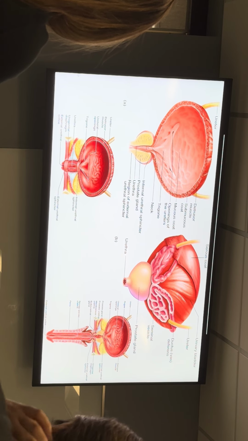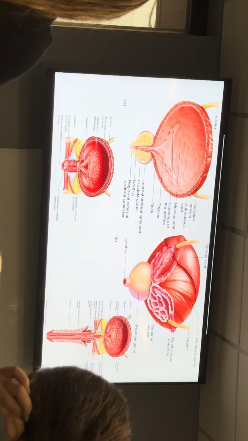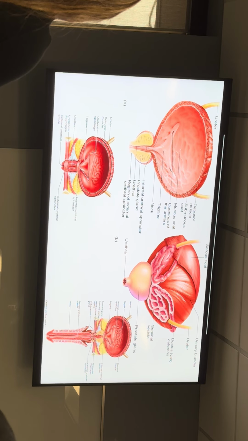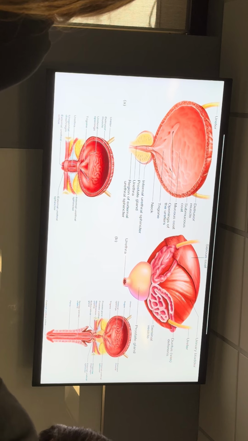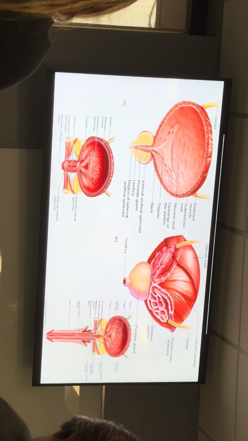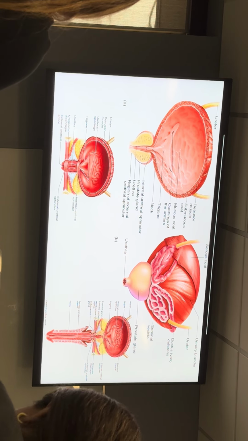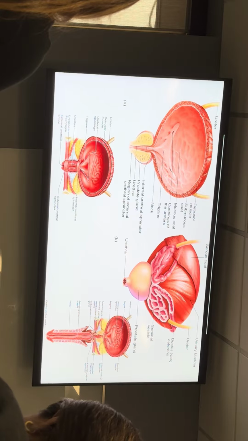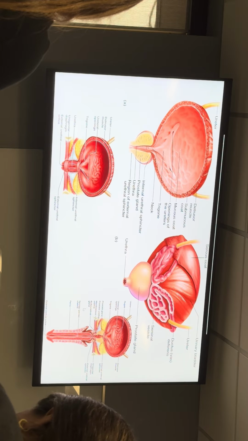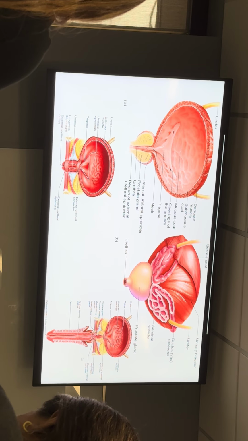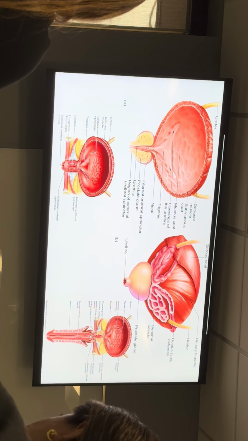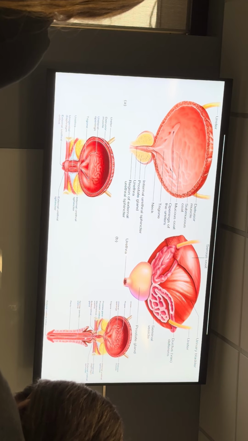And then your external urethral sphincter: you can be very happy that you still have control of it, because that's what keeps you continent. It's made up of skeletal muscle, and the only way to urinate is to make that relax. Then the detrusor muscle contracts and urine comes out. In a male urethra, it's a lot different because it's longer, because it goes not just out of the body, but through the entire penis.